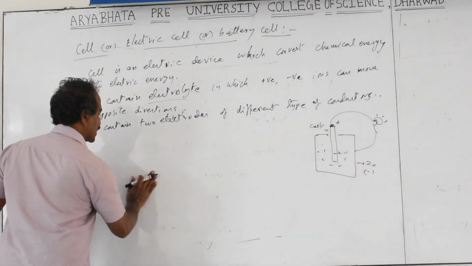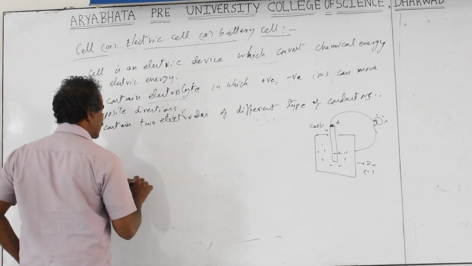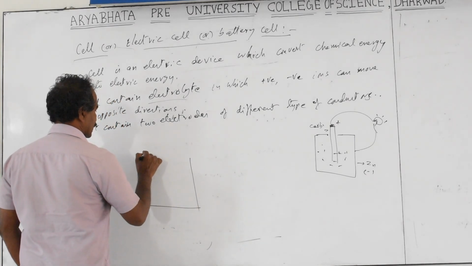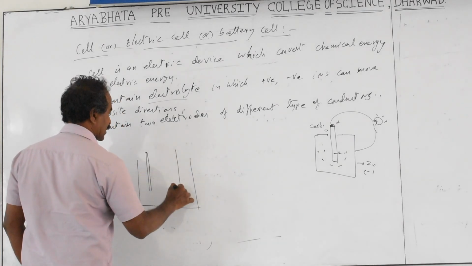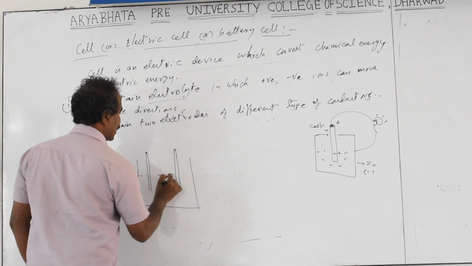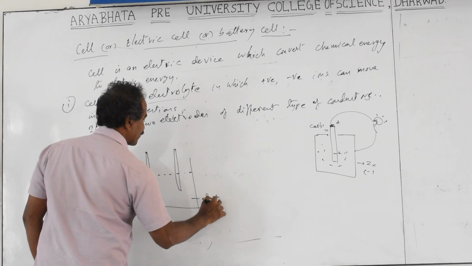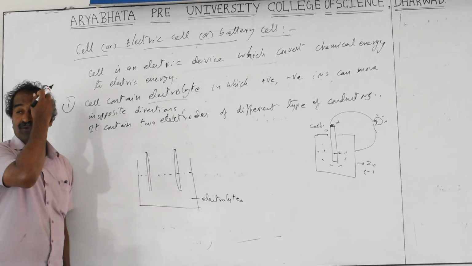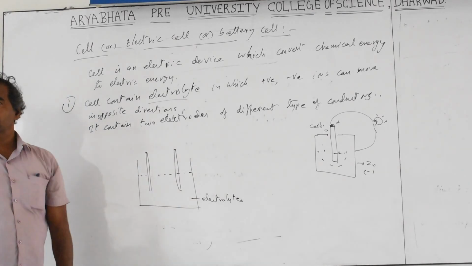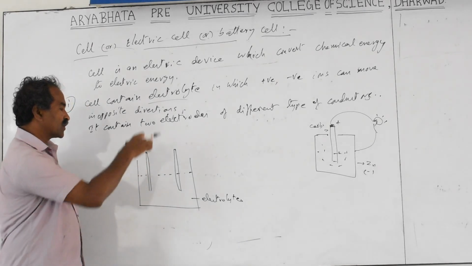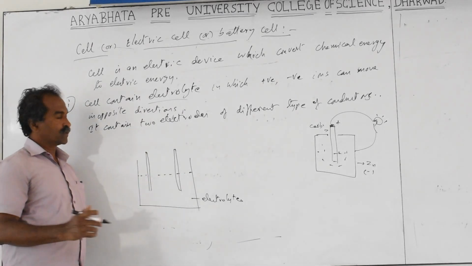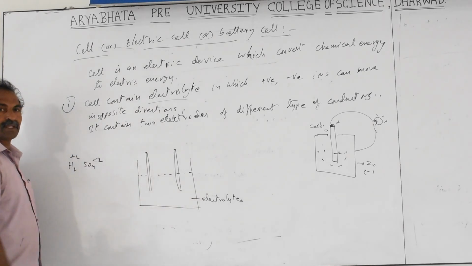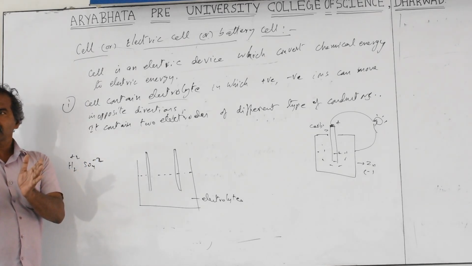So this cell contains an electrolyte and two electrodes. This is one electrode, this is another electrode, and then we have the electrolyte. For example, if you take an electrolyte like dilute H2SO4, two electrodes have to be used, and two different metals must be used. If I insert the two electrodes into it, H2SO4 splits into H2 and SO4, which are plus 2 and minus 2 ions. These plus 2 and minus 2 ions are separate and able to travel in opposite directions.